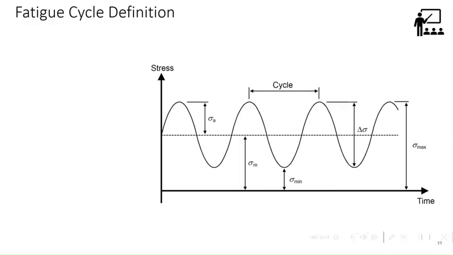Now we are talking about fatigue and all. So how to define the cycle loading? To start with, obviously no structure undergoes constant amplitude loading unless it is very specific, like you have a